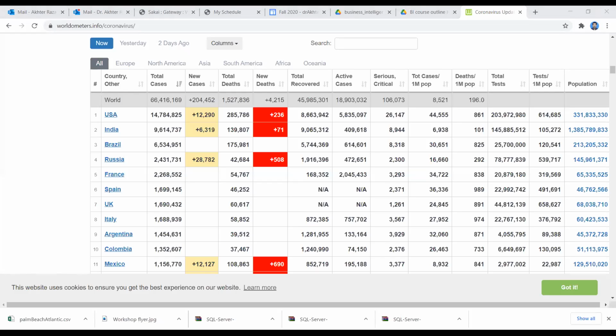and before opening, a new PBIX is to be opened. Because if I open the new data source in the previous PBIX file, the data will be mixed here. We have the base data from Excel, and we have the coronavirus data from another source. So I want to keep both sources separate. Now in a new window,